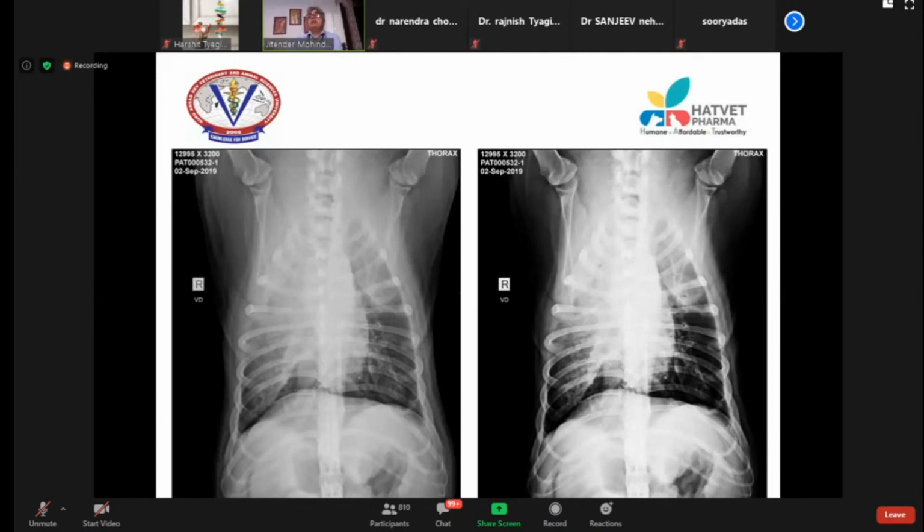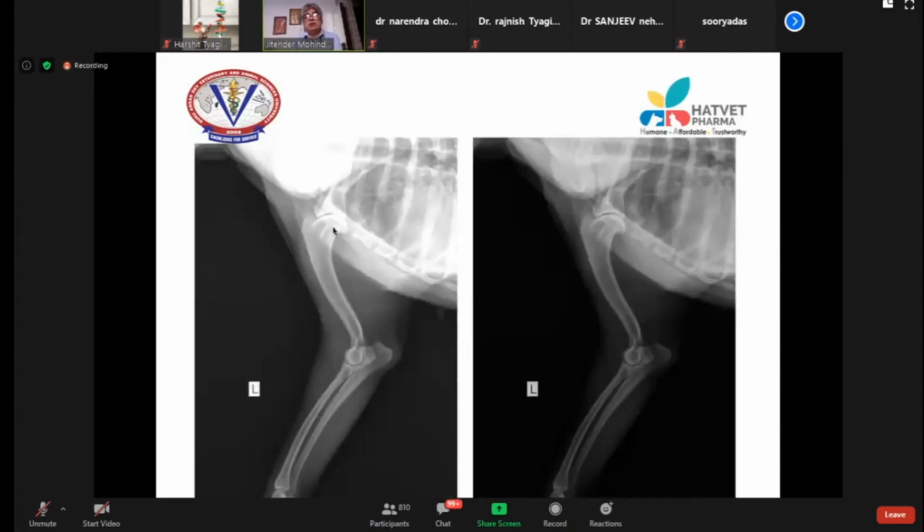So processing is another important point. For example, this radiograph. This is a beautiful radiograph. I can see the bone, I can see all the joints. In fractures or in arthritis, the soft tissue gives you a lot of idea about the trauma or the injury.